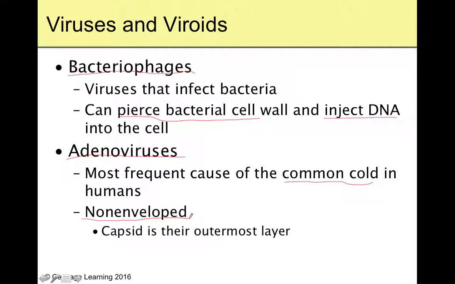They wrap a little host membrane around them, makes them a little tougher. They can survive a little longer outside of the host. They might even be able to communicate better with the cells of the next host they attack. But for adenoviruses like the common cold, they end at the capsid. There is no envelope there for them.